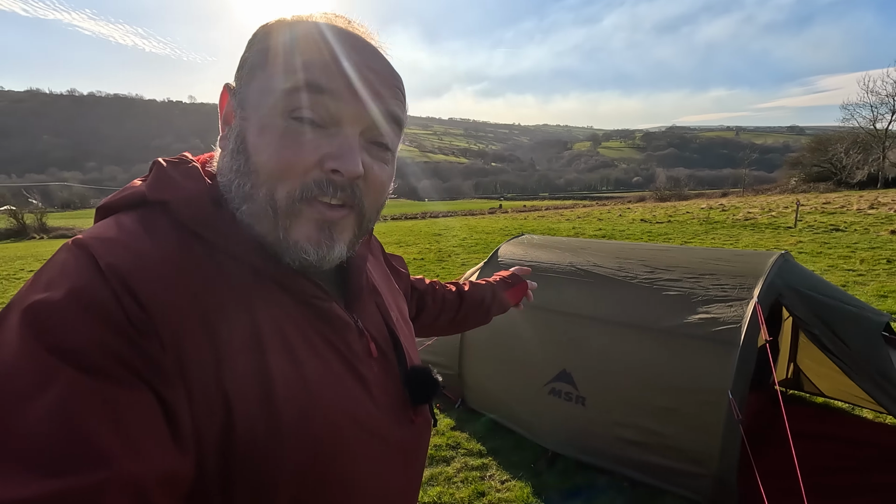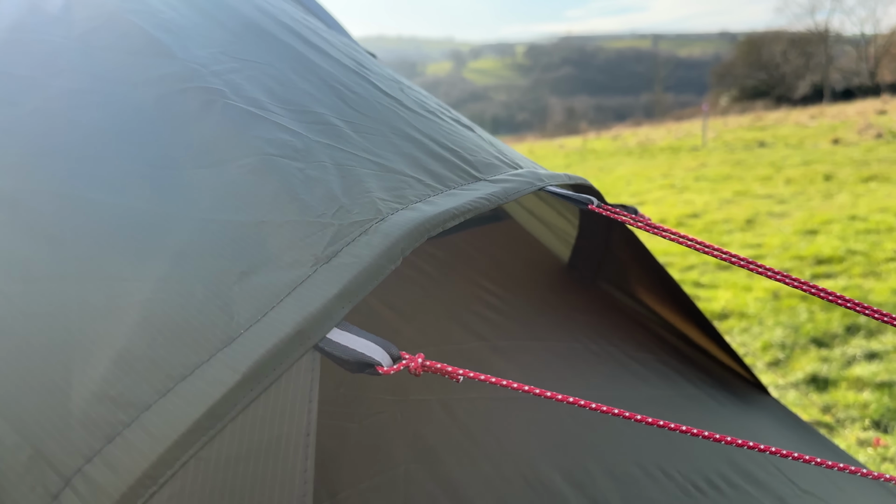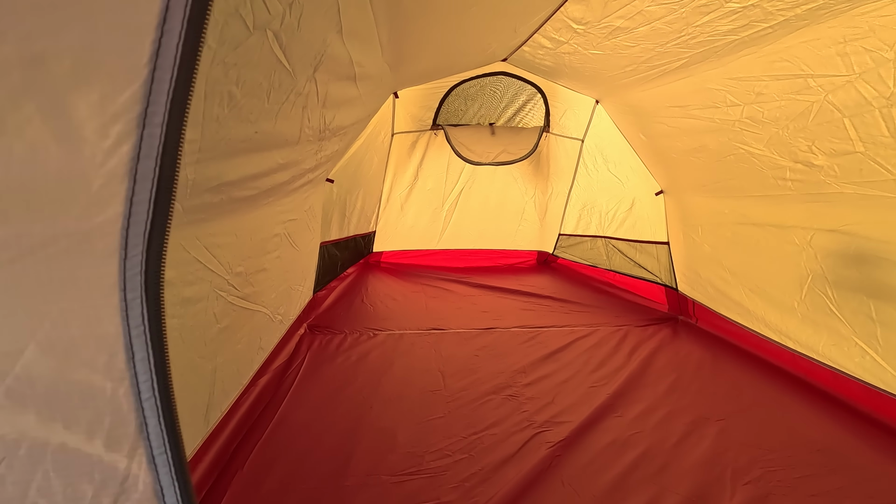Really excited today. This is the Tindheim 2, the first ever tunnel tent made by MSR, so let's go check